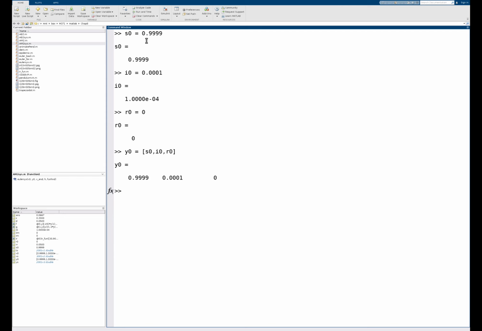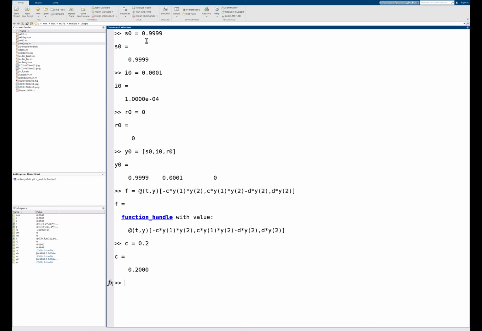Now, I should define the function I'm going to use. Let me see where I got this. Yeah. First of all, let me define my constant c. So c is the growth rate. That was going to be 0.2. Right, because it's about 3 people over the course of about 15 days, so that works out to about 0.2